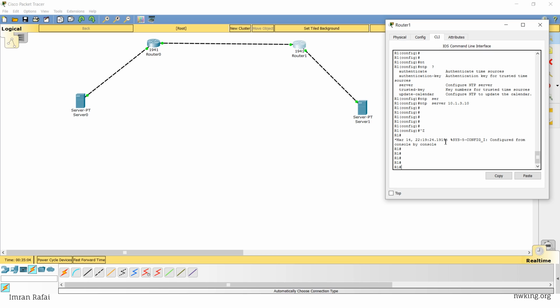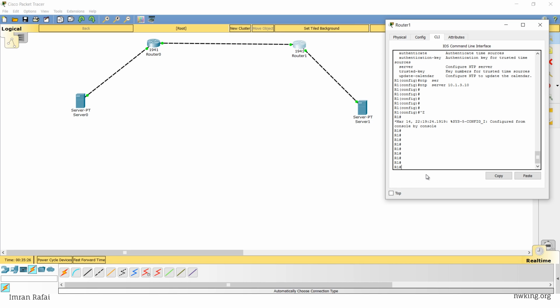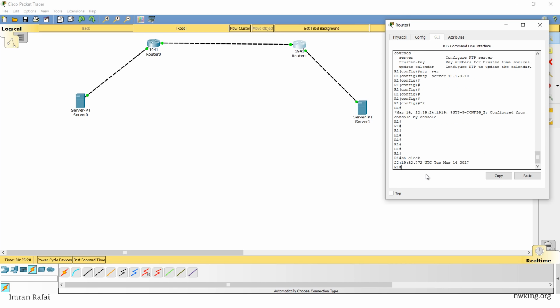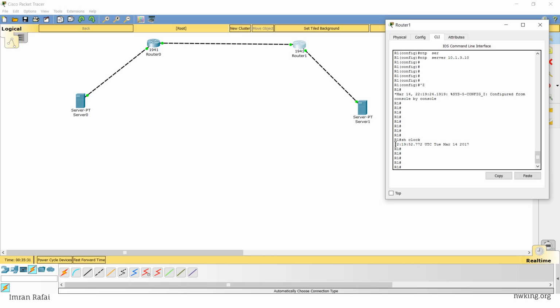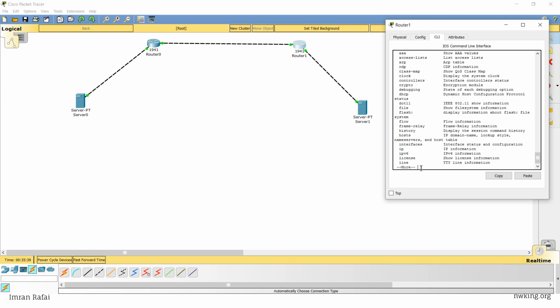It says configured from console. So now if you see, all these messages are coming with a timestamp. This is syslog severity 5, which is notice. So let's look at the clock, show clock. The clock has been updated. Where did it update from? So I think we can do NTP show